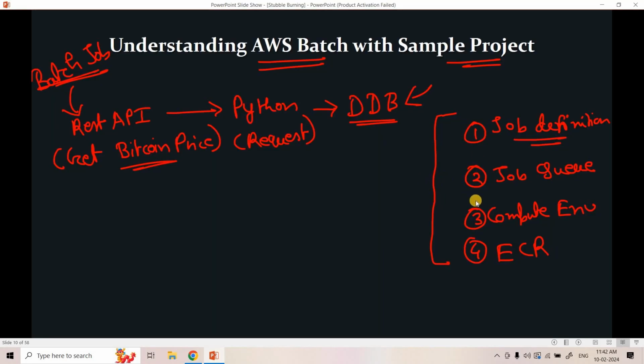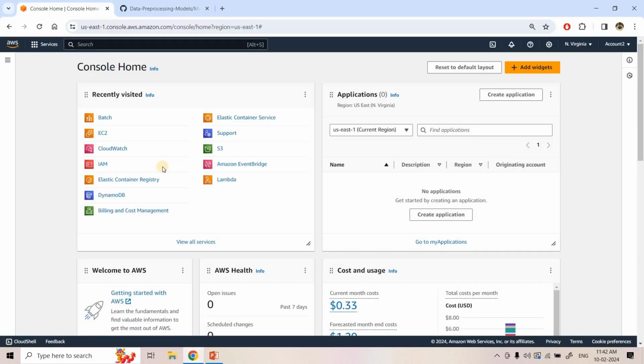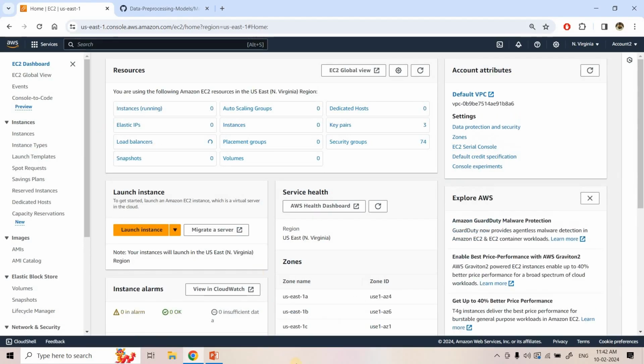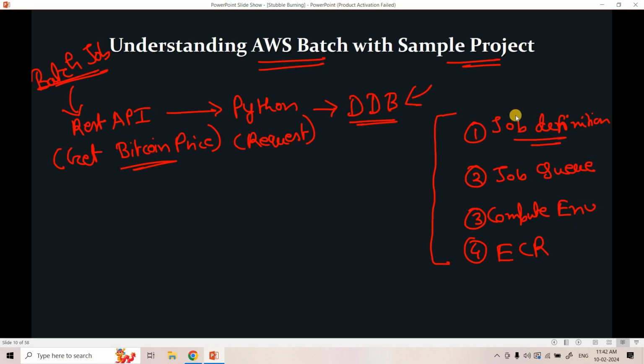So first what we need to do, as I told you, is that AWS Batch runs some container. That container definition we will be defining in the job definition component of AWS Batch, right? So for that we need to create an image first. That image will run this particular pipeline. So first we will launch one EC2 machine where we will install Docker, and we will write our code, and there we will build that image, and then we will push that image to ECR, and after that we will start our AWS Batch service.